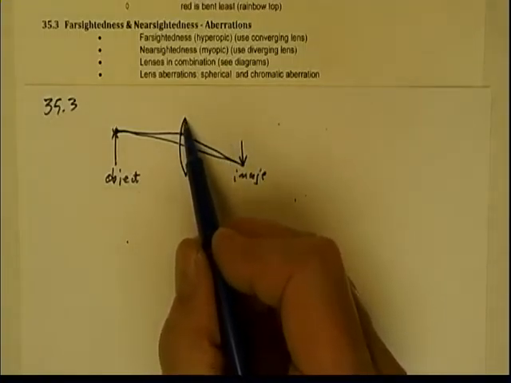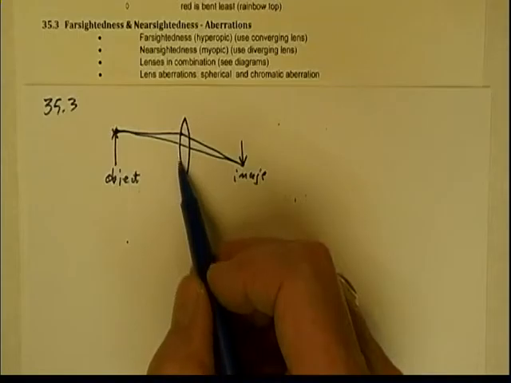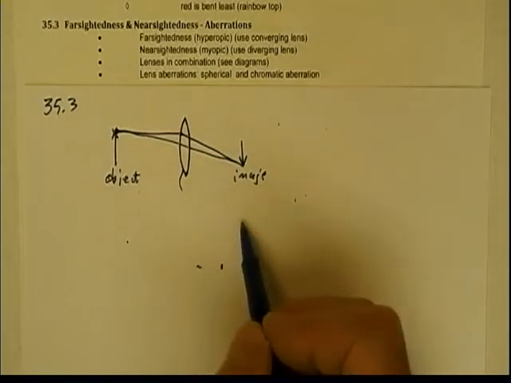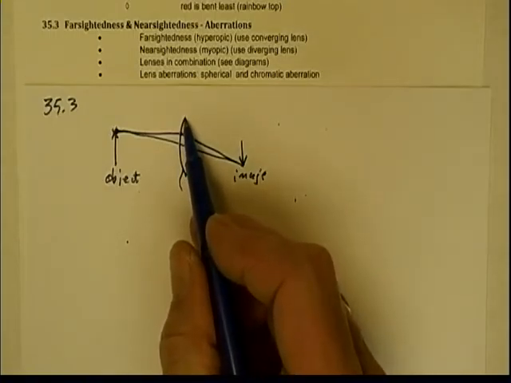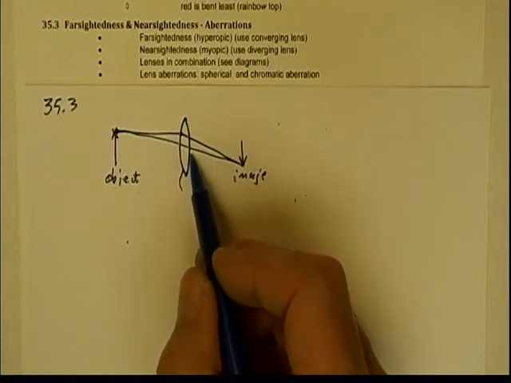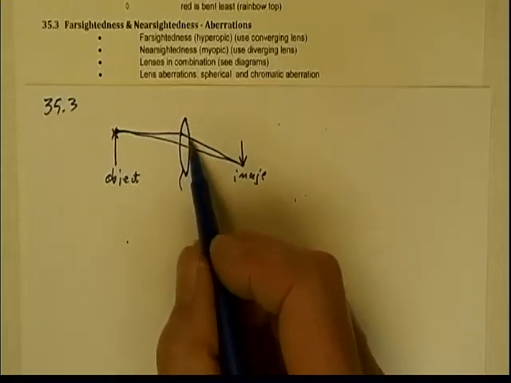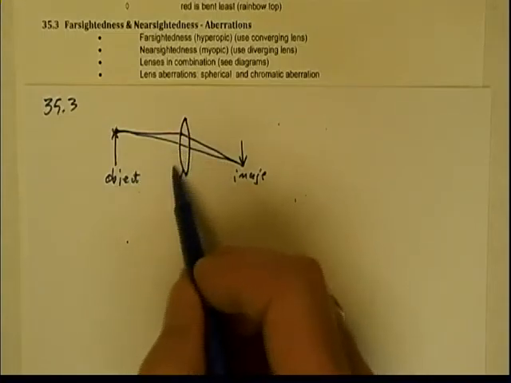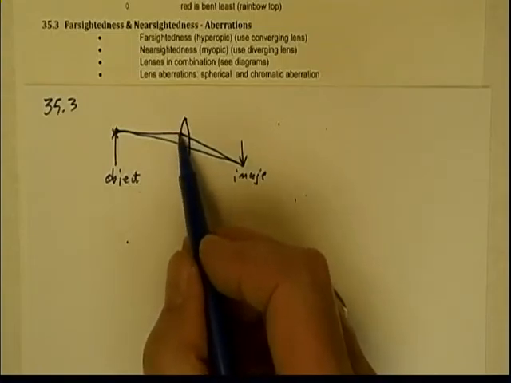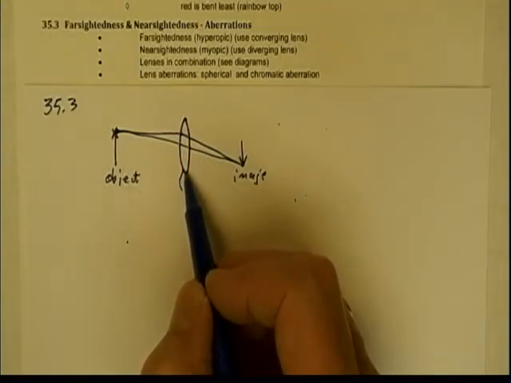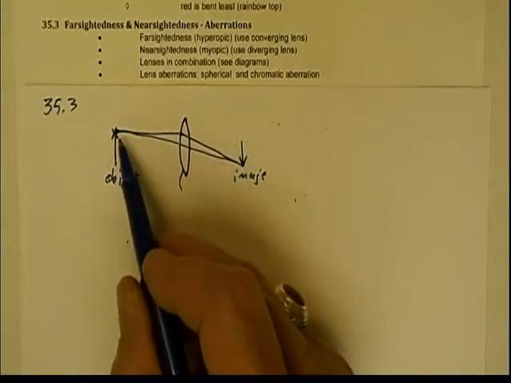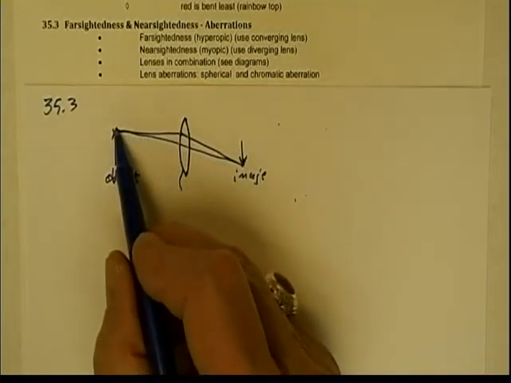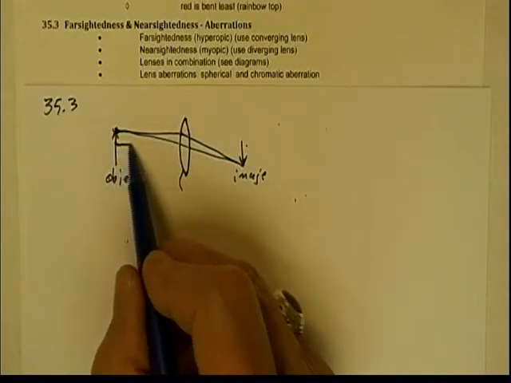it turns out that the easiest lens to make is what we call a spherical surface. This has a radius of curvature back here, and it's as though this is part of a sphere. These are much easier to make and much less expensive, and this will be the surface of a sphere. So these are circular in nature, meaning that all of these points point back to a certain radius. Now, when you have a lens that's made with such circular design for the surfaces of the lens, it turns out that when we take an object and focus it at a point, not all of the rays will focus at the same place. In fact, this part of the object